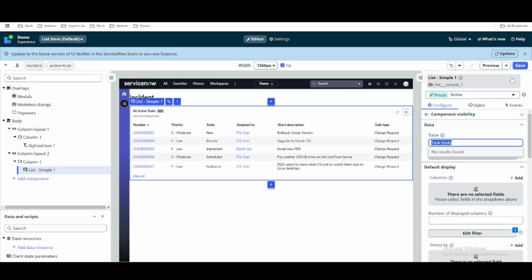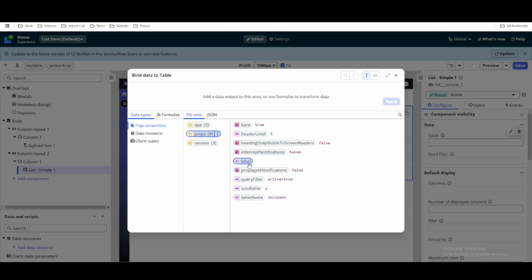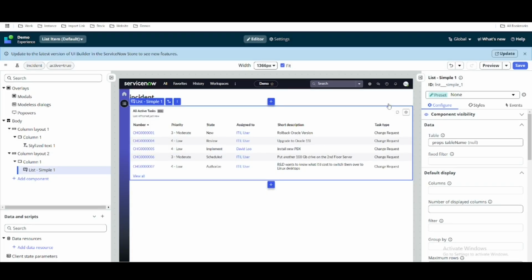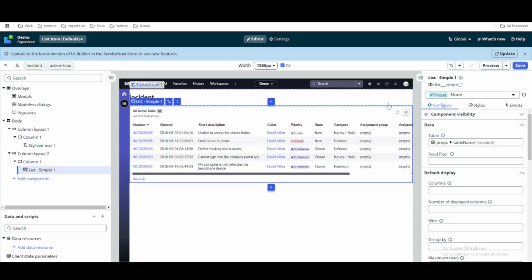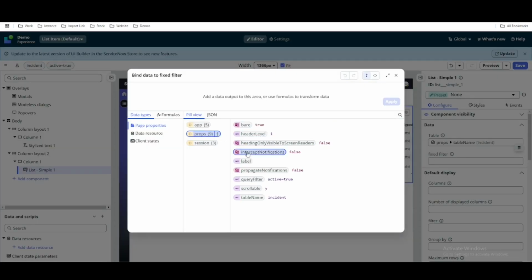So we will set from here. We'll click this dynamic value, then properties, and then here table name. Double click, apply. So this is our table name, and now after that we have a fixed parameter. Under this fixed filter we can go to this property again, and then we can apply this query filter and